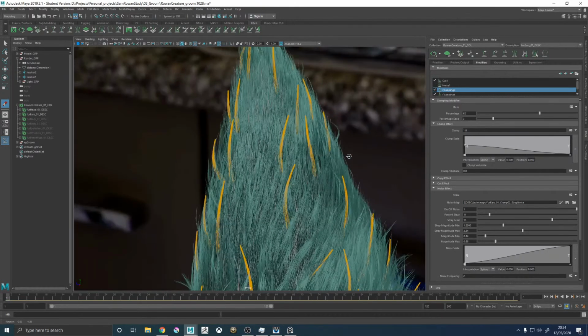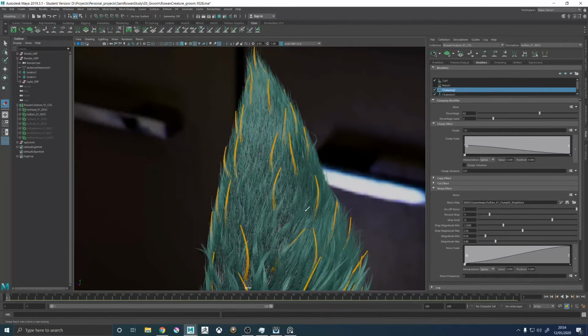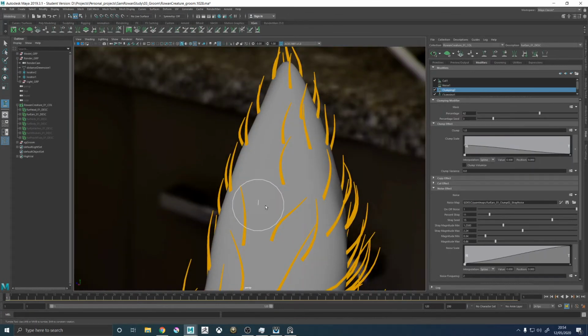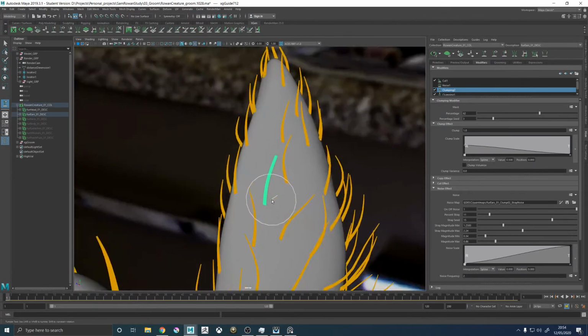Get something interesting going on in that area, and the reason it's happening is because we've got identical guides with a big gap between them. So let's try adding, let's add a guide there, and then